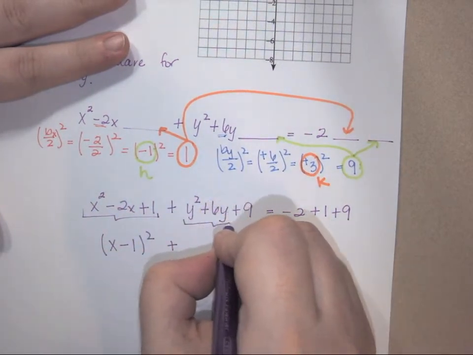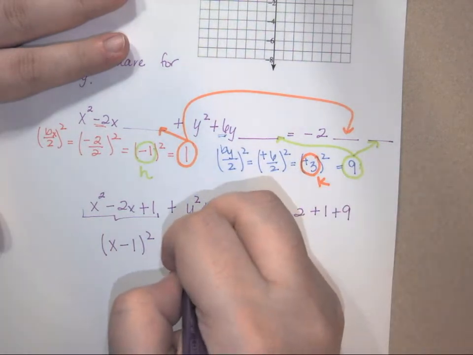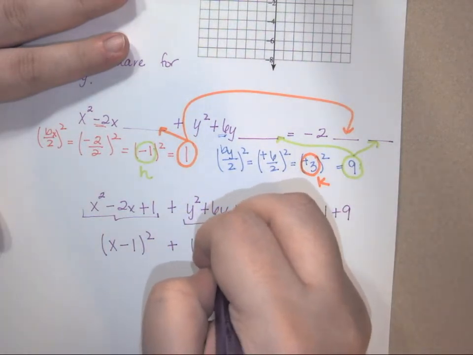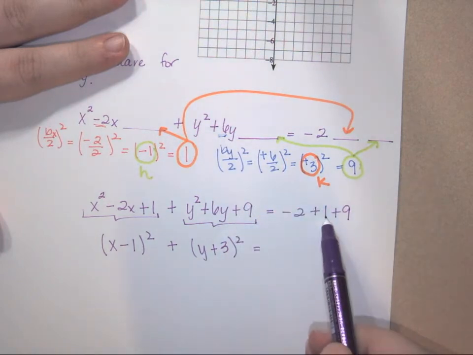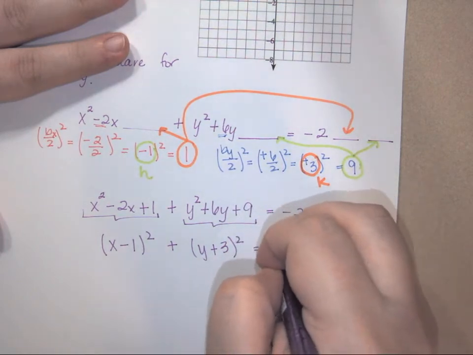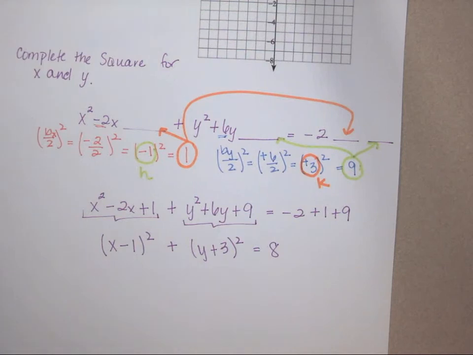This second piece is my second perfect square, y plus 3 squared. And then 9 plus 1 is 10, minus 2 gives me 8. Now normally in completing the square we would keep going and solve for our variables, but